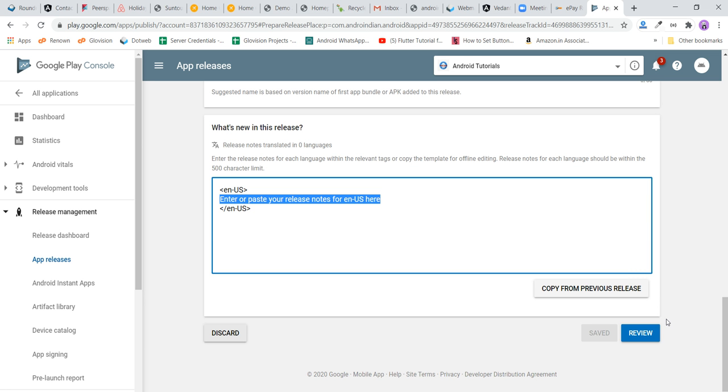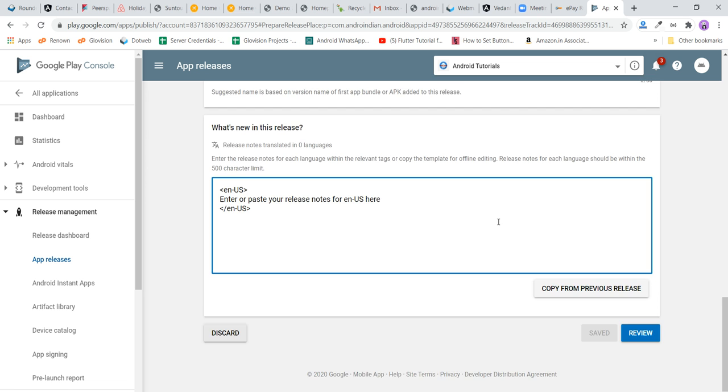Then once you submit that updated APK to the store, it takes 1 to 5 hours maximum. It should be updated in the Play Store. Nowadays, as we discussed in the last video also, because of this COVID, it's taking too much time. Now it's taking more than 6 hours, but usually it will take 0 to 6 hours. It should be updated in the Play Store. So that is the way we can upload an app into the Play Store.